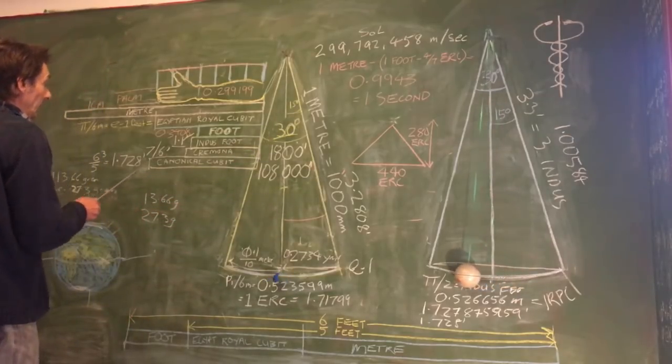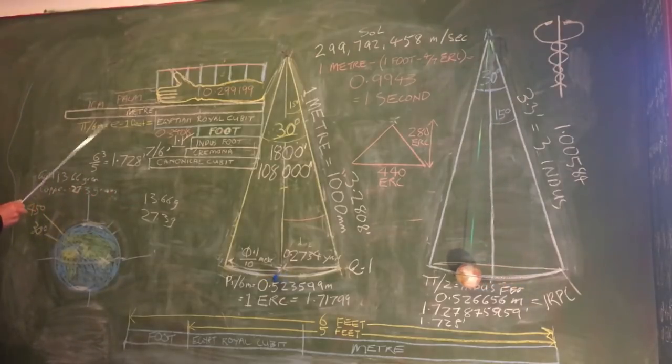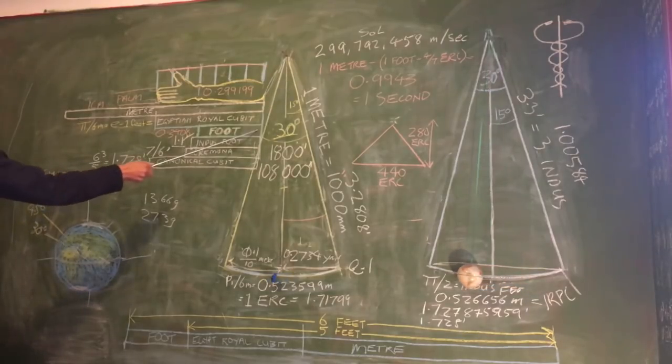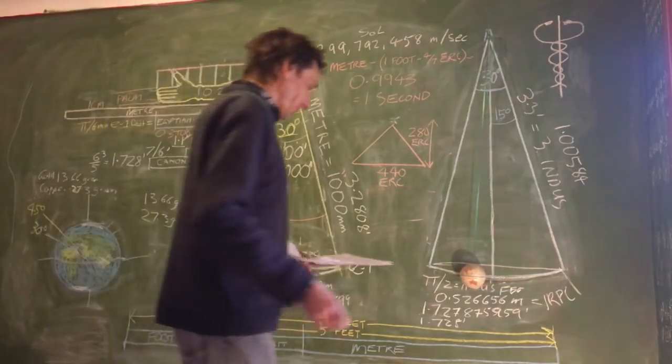But how does this connect to the Cremona scale? The Cremona scale basically disappeared in the 1800s. You'll see it in older texts, and then it seems to have vanished. What it was, 7 feet equals 6 Cremona. That's the ratio, 7 to 6. Now, why is this nice? Because the Indus, the Cremona and the Canonical are going to come together in a very, very lovely way,